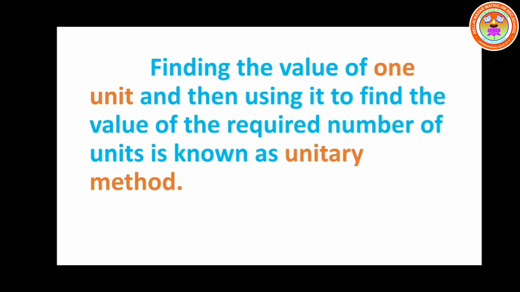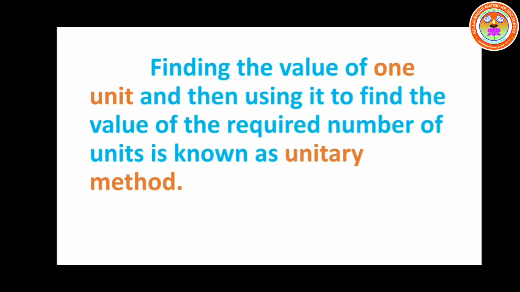For example, the cost of 5 pens is rupees 50. They have given the question. What is the definition here? Finding the value of one unit. So the cost of 5 pens is rupees 50, I told you. So what do you have to find now? The cost of 1 pen. Here they mention finding the one unit. That means the particular one item, or whatever it is given, the particular thing we have to find. So the cost of 1 pen, how will you find it? You will be dividing. 5 pens is rupees 50, means 50 divided by 5 equal to 10. So the cost of 1 pen is rupees 10.